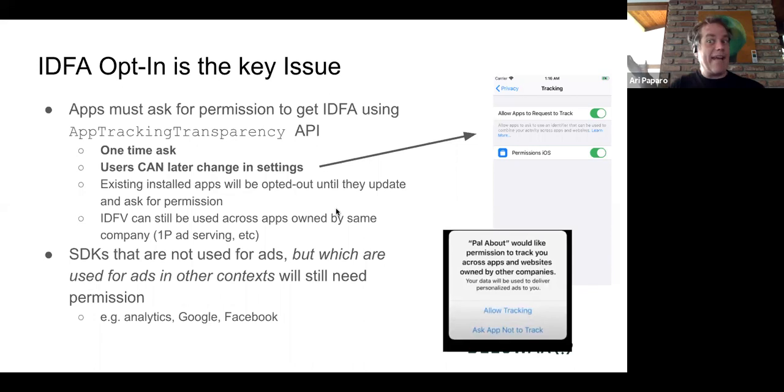So they won't get it until they ask. There's a couple of detailed implications around this that I had to do some research over the weekend about, and I thank the people who participated in one of my Twitter threads to help me learn about this. First of all, it is a one-time ask. The app developer can ask, the user can say yes or no, and then the app developer cannot ask again. So the user will not be hit once a week, once a month with an ask. It will be one time only.